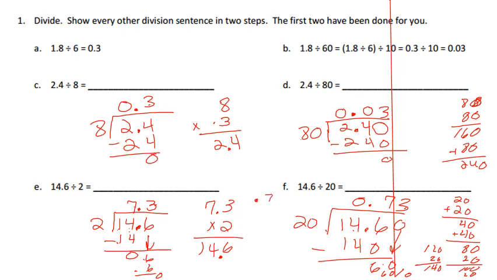To do our check, I'm going to come over here. We have 0.73, and we're going to multiply that by 20. We have a 0. 2 times 3 is 6. 2 times 7 is 14. And I know this is close to 1, so 1 times 20 would be 20, so I know to be reasonable it has to be